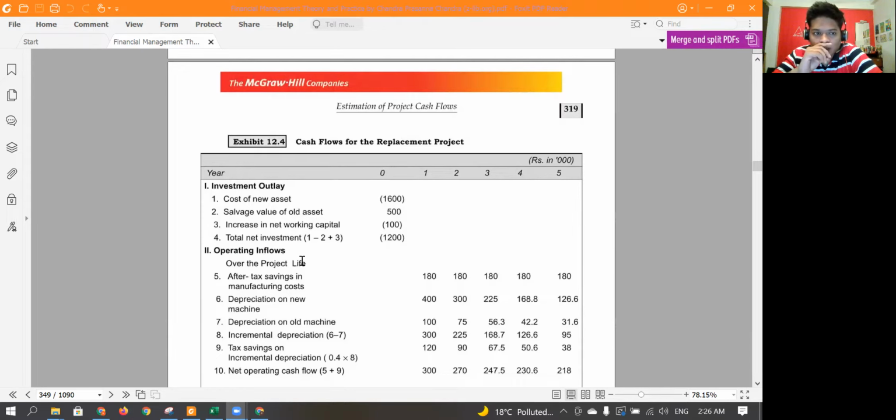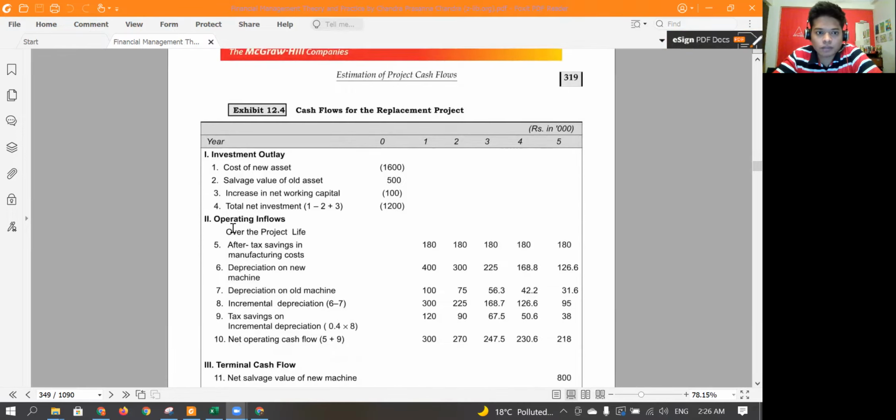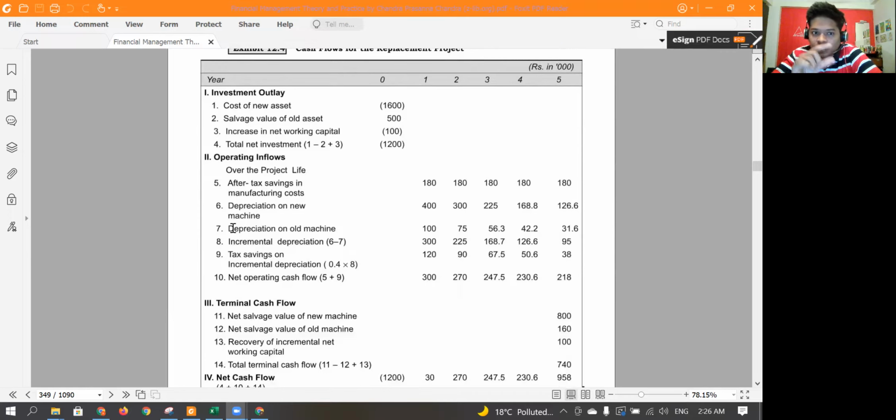So basically, just to explain the process of solving the sums, every sum has an investment outlay, and this part is important because tomorrow I think one big question should come from this projected cash flow. So the first part of the question is the investment outlay, which is the investment made in year 1. So year 0, in fact.